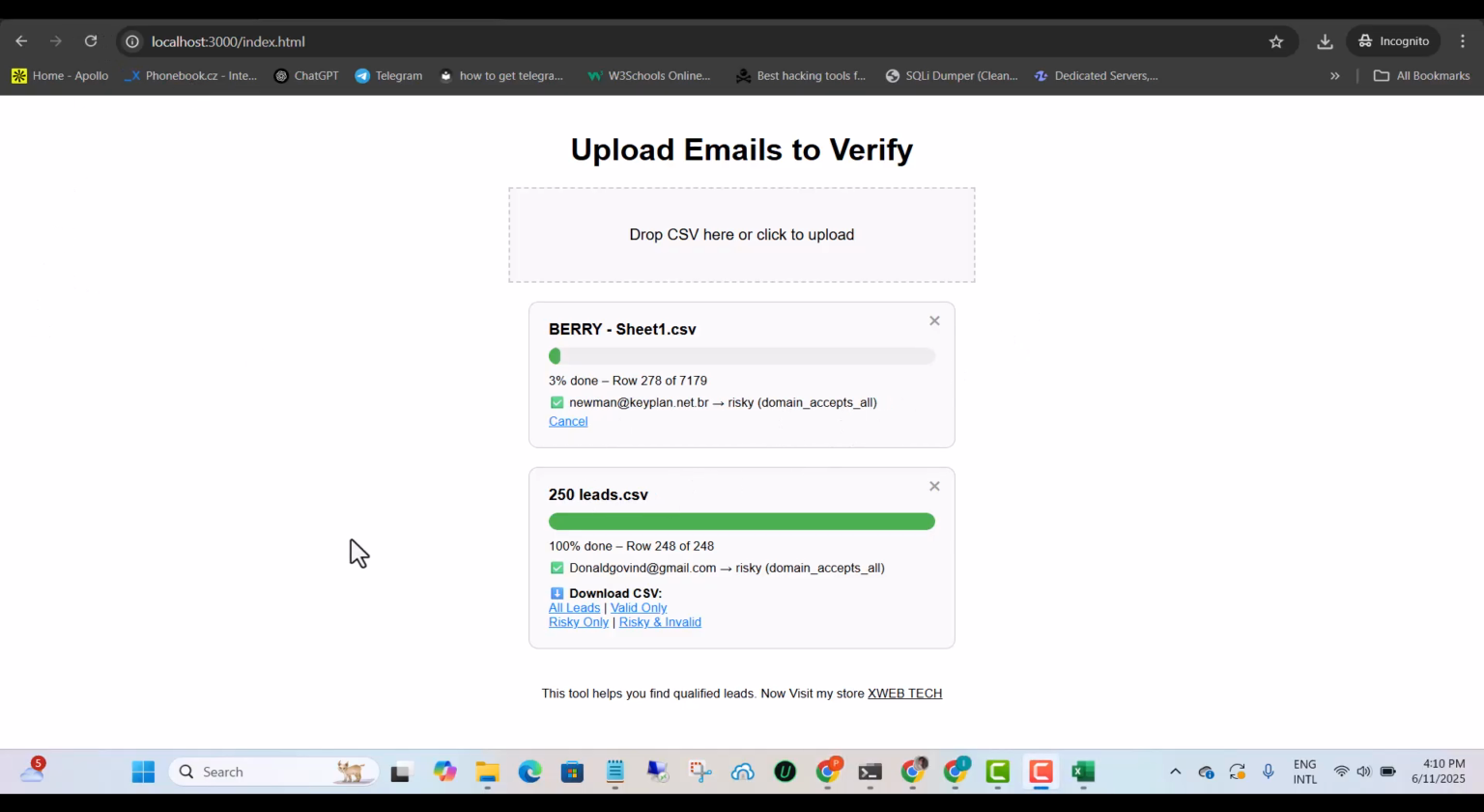As you can see, this one is still counting. You can add as many CSV files as you want, leave it, go to sleep, or do anything you want, and everything will still be working on the back end. So basically, that is how everything works, and I hope